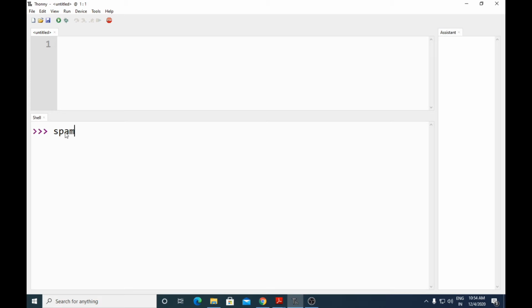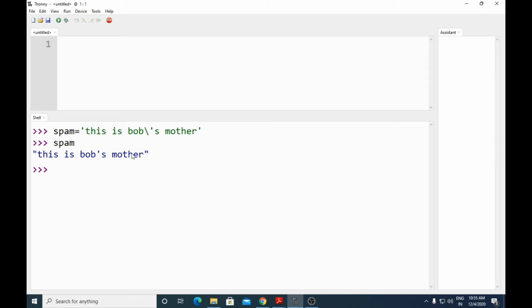spam = 'this is Bob's mother'. Okay, so you know that this is not considered. So what we can do is, if a single quote is not allowed within a string, you can use an escape character, that is backslash. So what will happen is, even the single quote will be considered. This together is known as an escape character. Okay, enter spam.